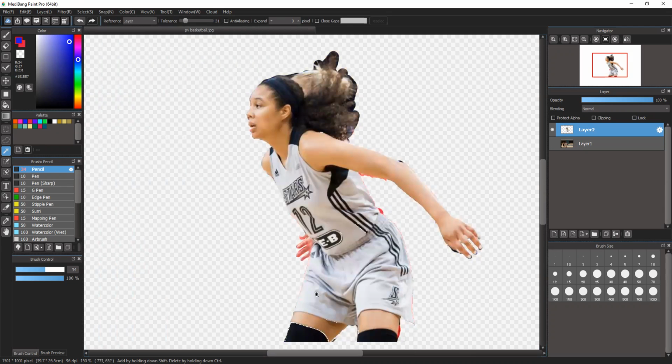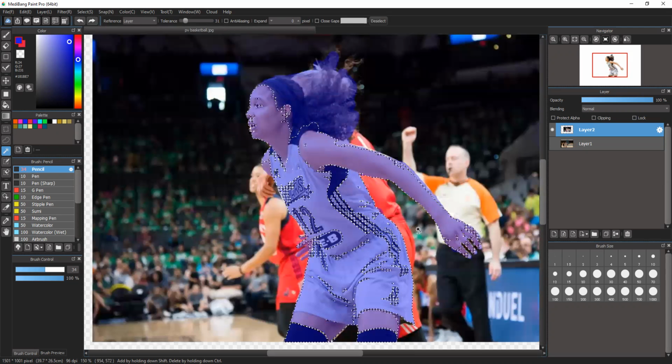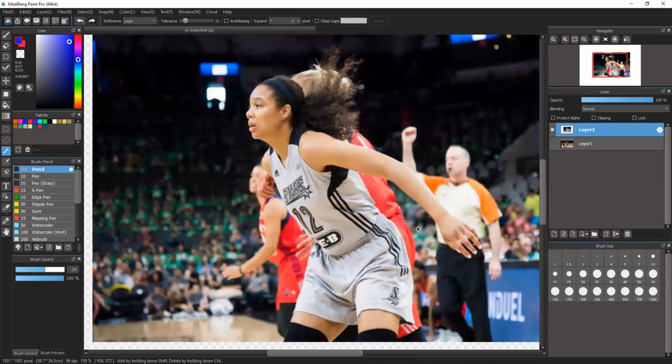And see what we got here. So I could clean this up a little bit. Oh, looks like I missed some in there. So that's the handicap of using the magic wand. Again, I'll do this from scratch. You could just go around with the eraser and get rid of it all, which is not a bad way to do this. So just the old-fashioned way, just taking the lasso here, essentially cropping out